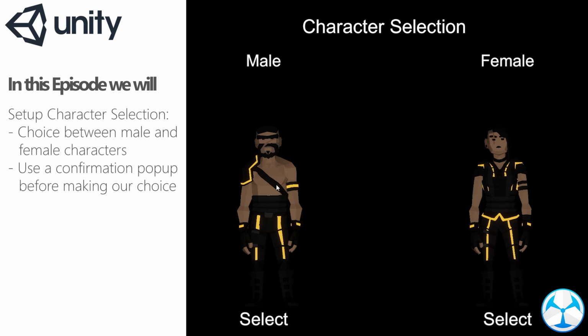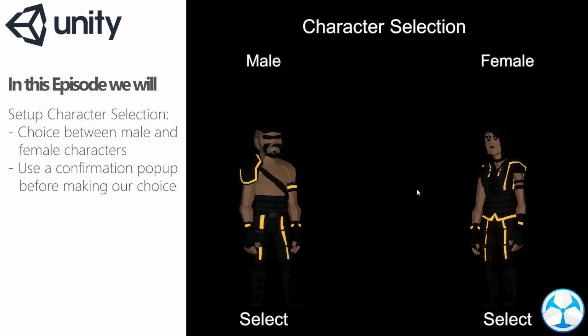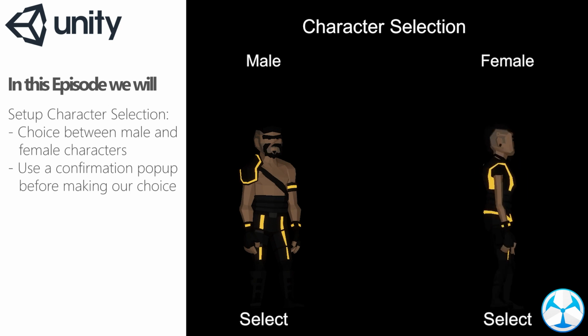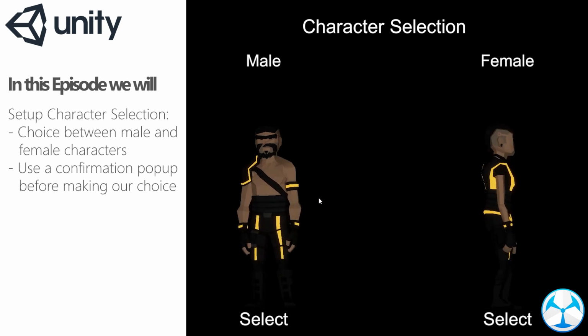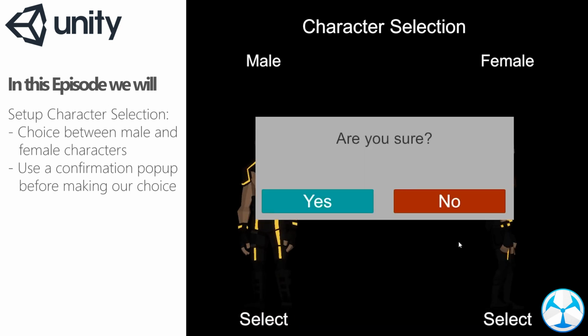Hello everyone, in today's video we will create a character selection screen. We'll have a choice between a male and female character and add a confirmation pop-up as well. Character selection is something we see more and more in games, especially the choice between different genders is becoming something